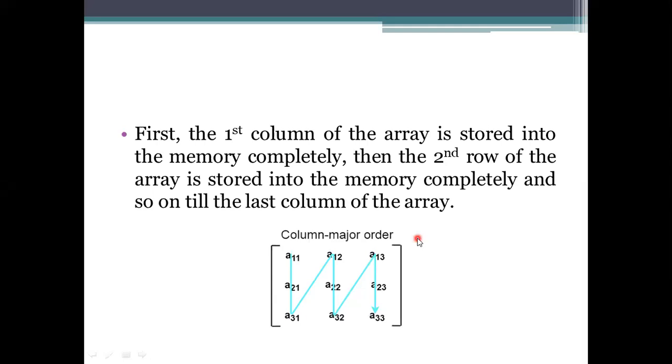So these are the accessing or the processing of the elements we have here. Means you can store your elements. In the linear array there is no such problem here. How we are going to store the elements, how we are going to process elements, there is no such problem. Although we are representing this as a matrix format, we need to store the elements or map the elements into the one-dimensional array only. So to store or to process them, we should follow some ordering. Any means here column or row you need to consider.